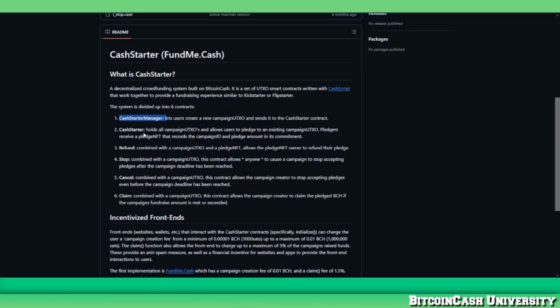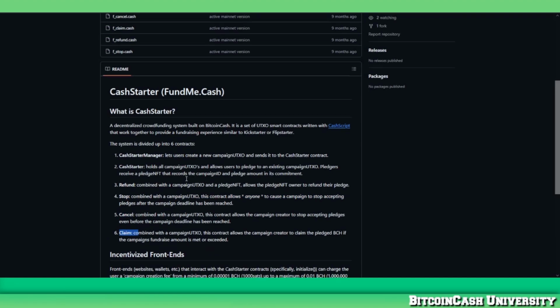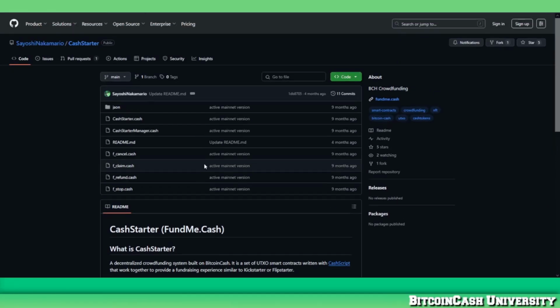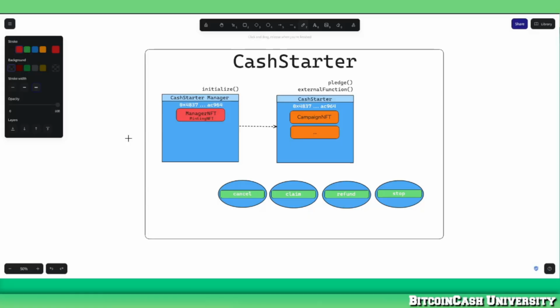We have the manager, CashStarter itself, and then 4 function contracts, which we'll go over in a little bit, that interact with the CashStarter contract itself. So before we go over this, we'll do a quick overview. This is a quick high-level view of the contract. First we have the CashStarter manager contract in this square,